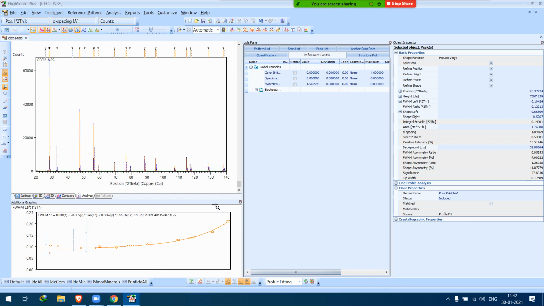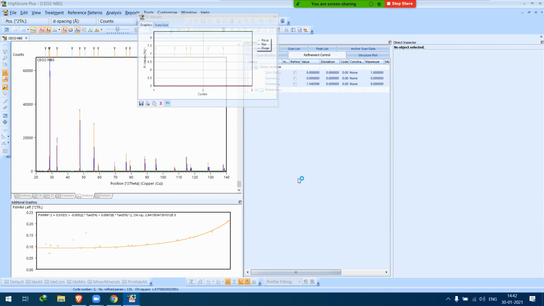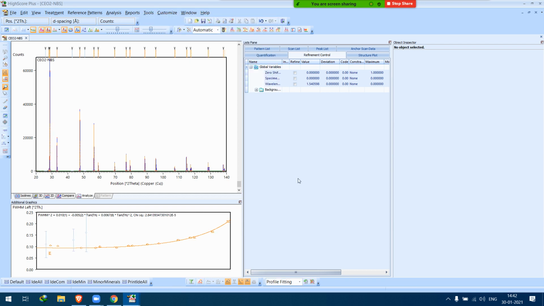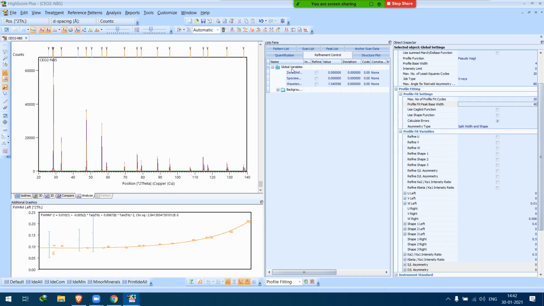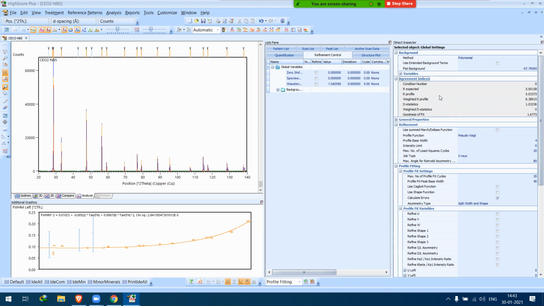Okay, now you can see the color of these points has changed. So again, I'm going to fit it. Okay, let me check the Rwp value. So it's around 8. Okay, this is good.